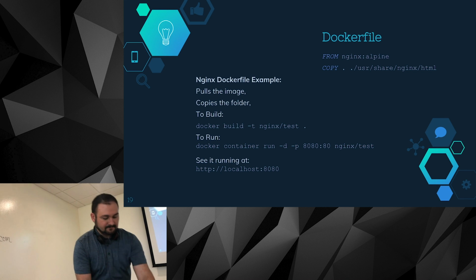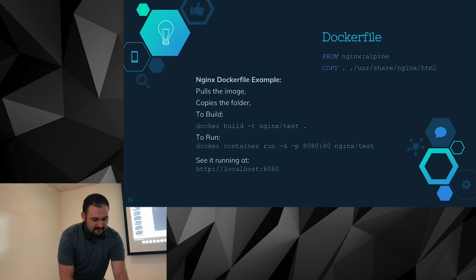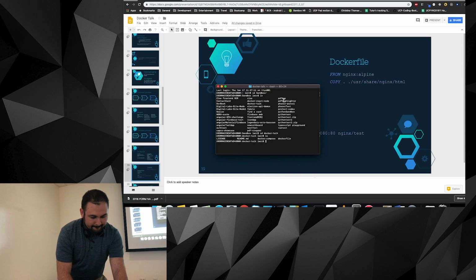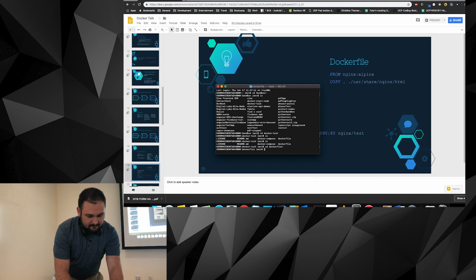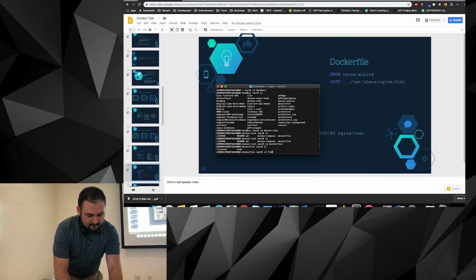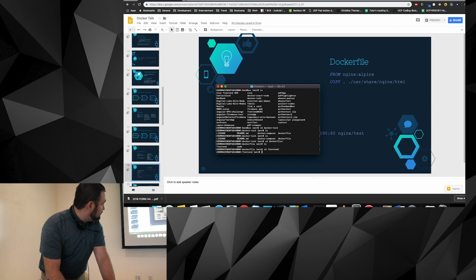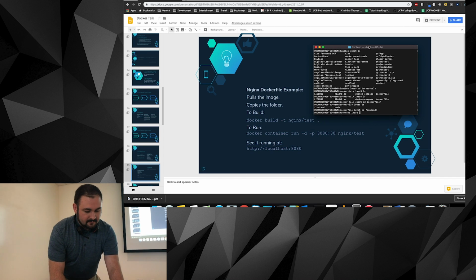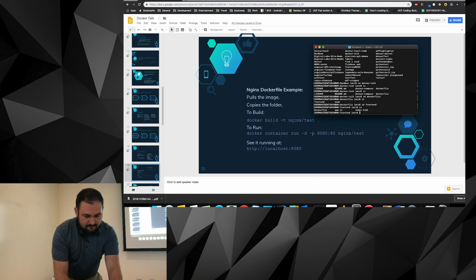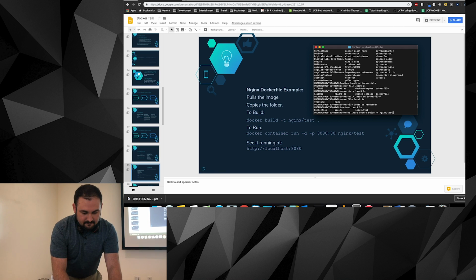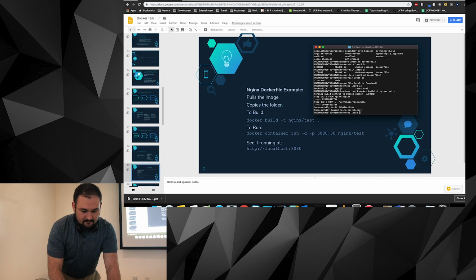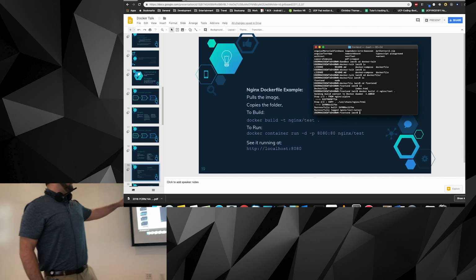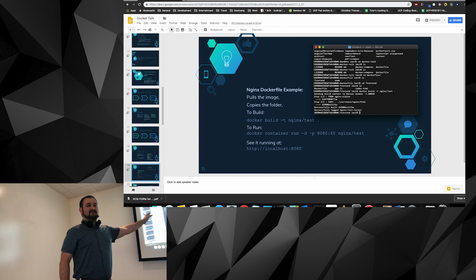So we can pause for a minute and actually bring that up. So we have our Dockerfile in there. We'll do docker build. If it gives you some error, a lot of times I'll forget that period that says, hey, look in the current directory.